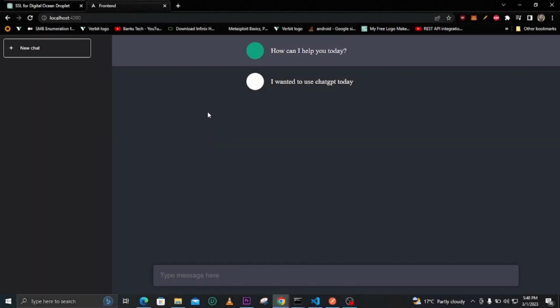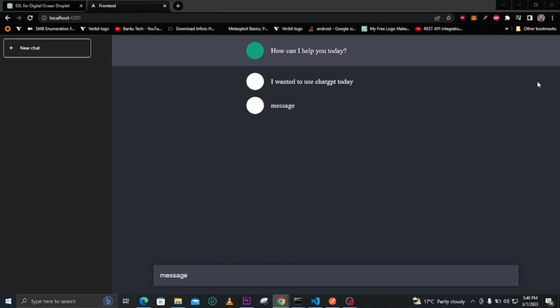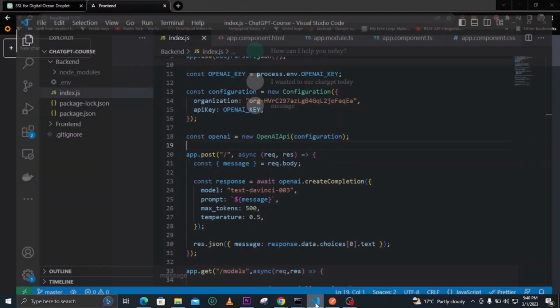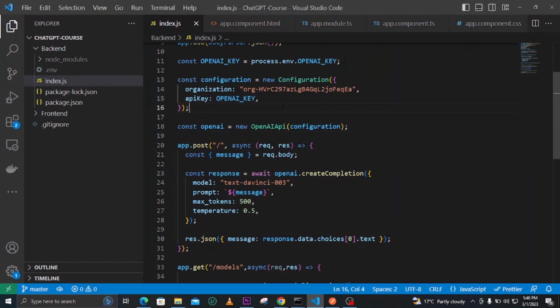So right here we have now somewhere we can write the message, and also we can enter the message, and you can see our message here. So what we need to do now, we need to start looking at how we can integrate with our backend. And to integrate with our backend, since we are using Angular, we need to use something that is called